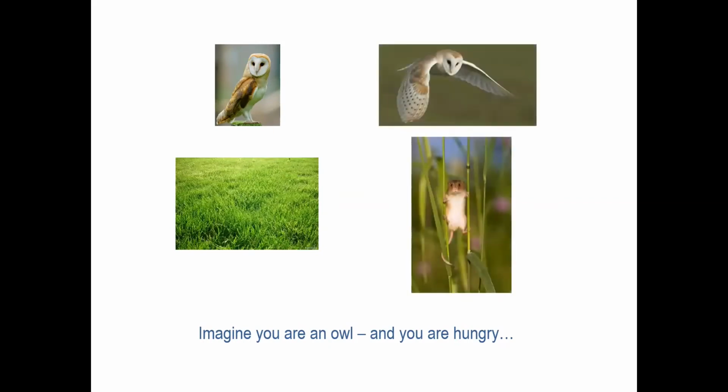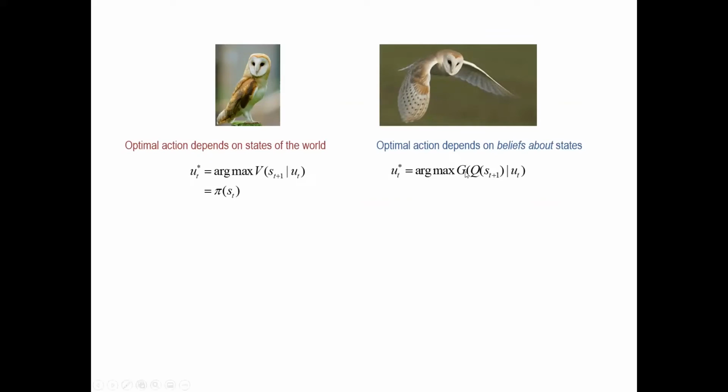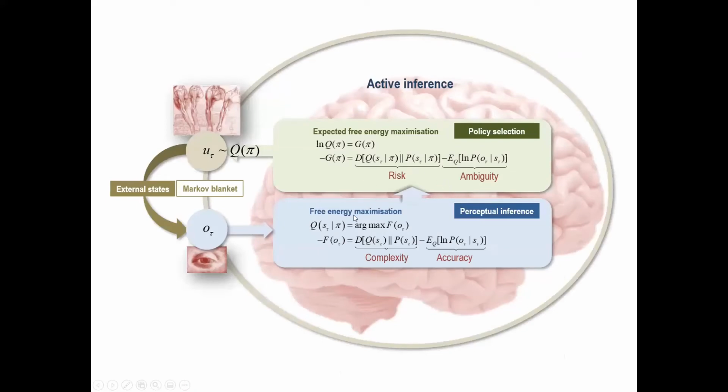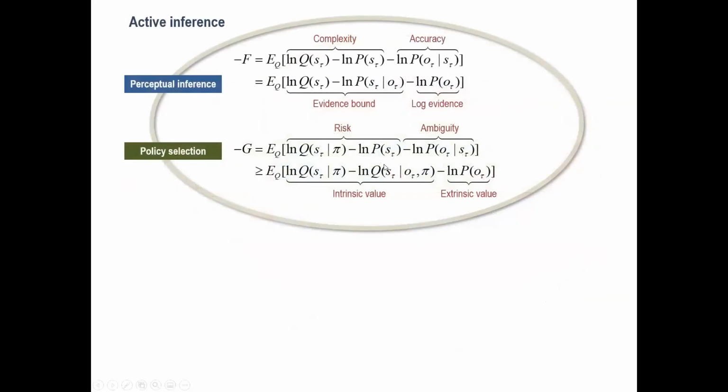this belief updating. We are going to motivate an expected free energy functional on the basis of optimizing not a function of states, but beliefs about states: Bayesian beliefs or probability distributions over states conditioned upon a sequence of actions, leading to a variational principle of least action that decomposes sentient behavior into inference based upon the best explanation, the posterior or approximating posterior over states of the world under a policy, and then use that to evaluate, roll out into the future, the consequences of a plan in terms of the intrinsic and extrinsic value